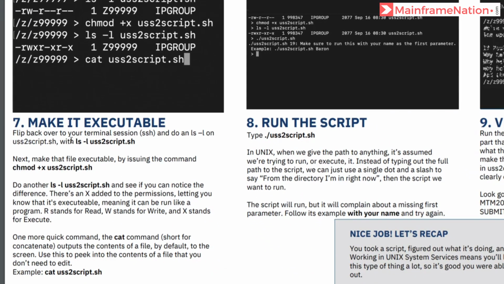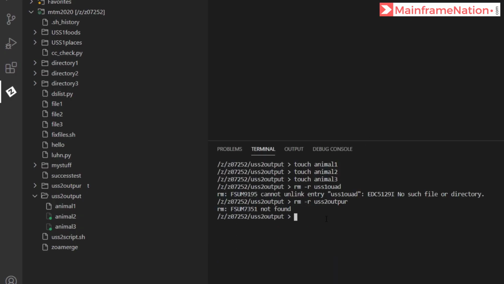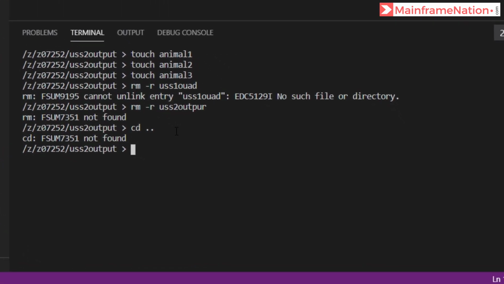Then go to your terminal and give this command. So here is my terminal. I will go back to my home directory. And then I will give the command.